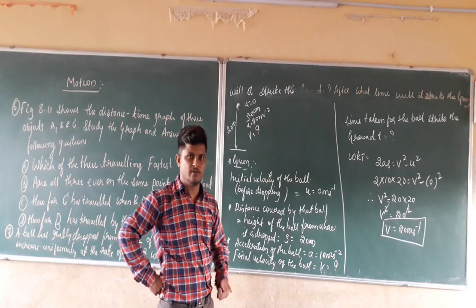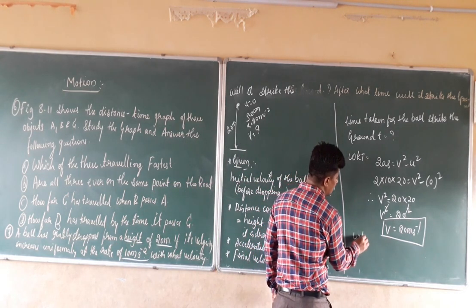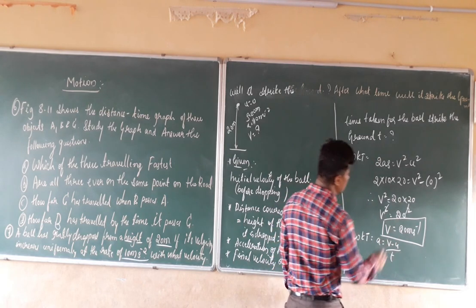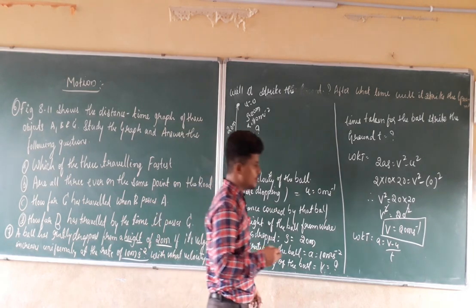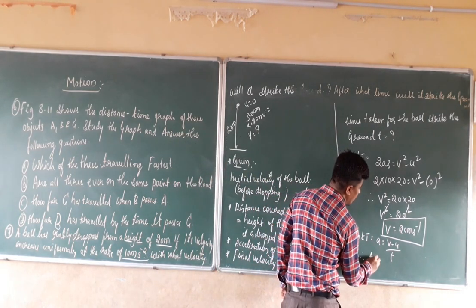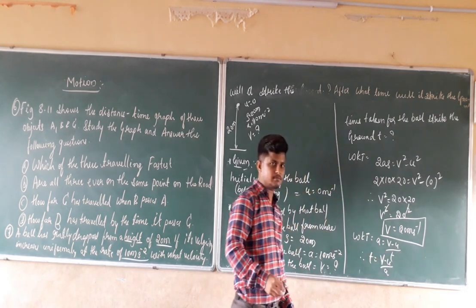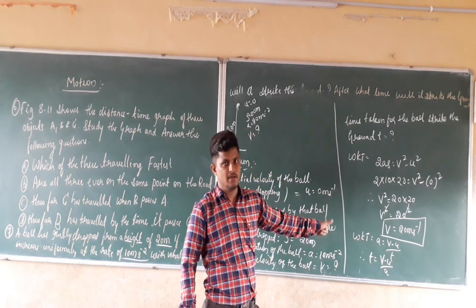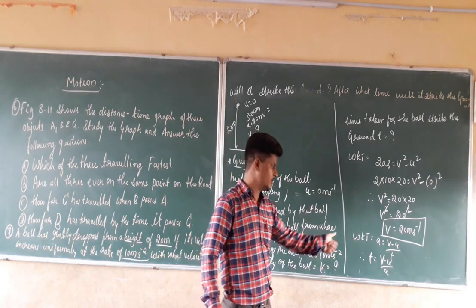But that is not the case. We are going to use the formula for the change in the velocity. We know that a equal to v minus u divided by t. That is nothing but the rate of change of the velocity, for finding the time here. So t equal to v minus u divided by a. Don't use the formula v equal to s by t. That is not correct, our answer will be wrong. So we are going to use this formula only.